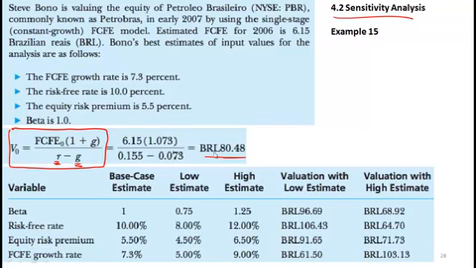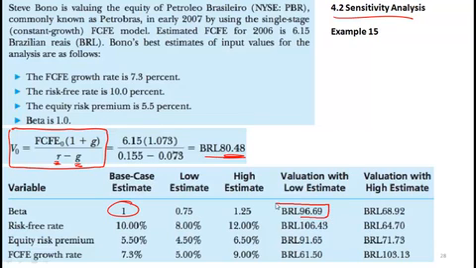Let's say that the value that you come up with is 80.48. Then in a sensitivity analysis, you take one variable at a time, such as beta. So if your base case estimate is 1, then keep everything else the same, but make beta 0.75. And you will get